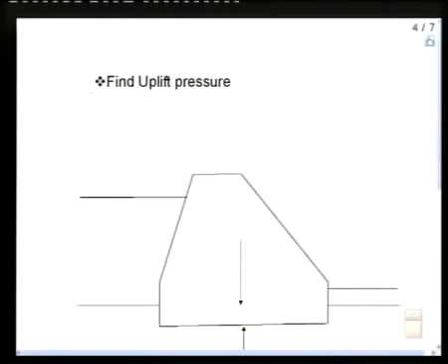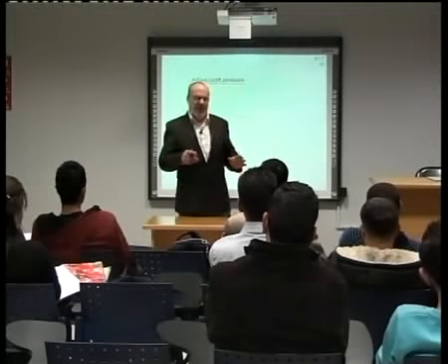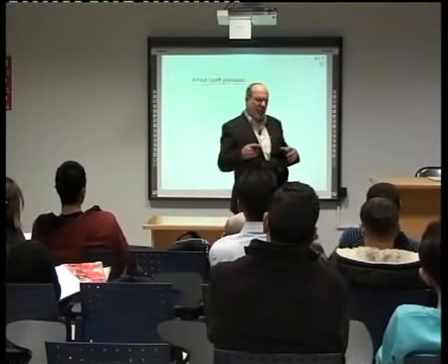find uplift pressure. Uplift pressure means the pressure that comes from down and up. Okay, and this is the most important. But we cannot reach it until we understand the 2 points that we discussed before. Okay, find uplift pressure. Okay, now in some instances you will find that you have a problem in the building